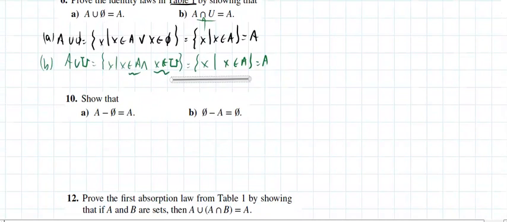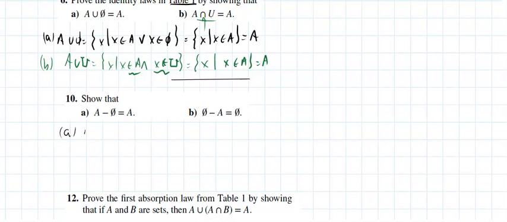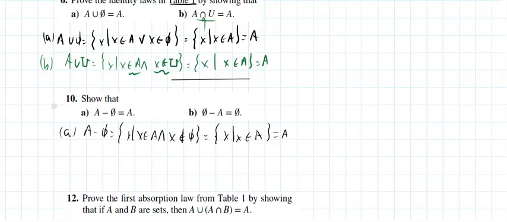Number 10, show that set A minus the null set is A. Well, let's see. A minus the null set is X such that X is in A and X is not in the empty set. But the empty set doesn't have any elements in it. So this is really saying all the elements in A, which is A. And